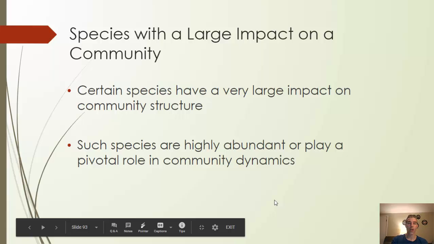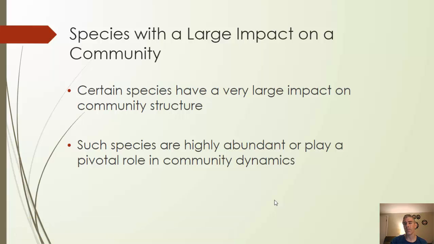Okay. There are also species that have huge impacts on their communities, and there are two ways that can happen. Either they have a huge impact because they are so abundant in the community. Think about a forest. There are tons of trees, their biomass is insane, and they're very important for that community. They act as habitats, things like that. But there are also species that have a high impact even if they're very small in number, simply because of the role